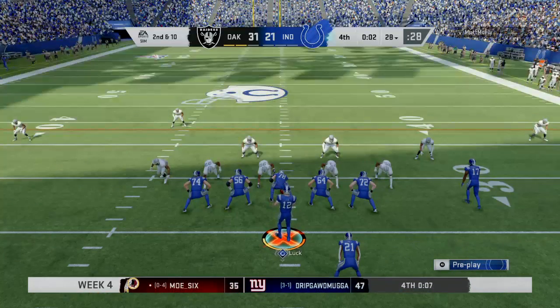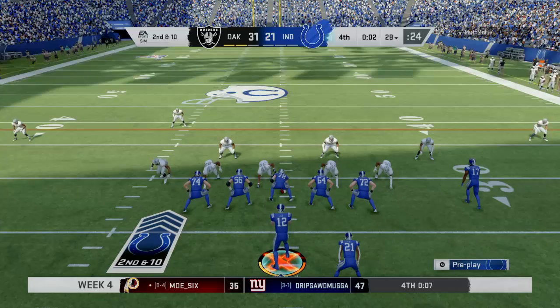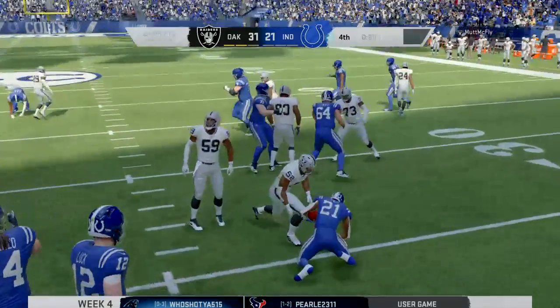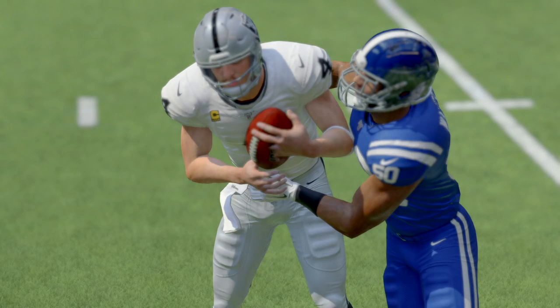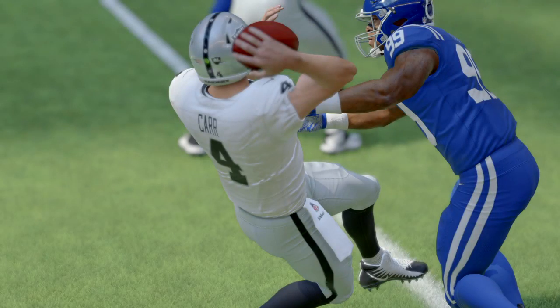So now they'll come up on 2nd and 10, once again from the 28. This is Hines. And that one blown up quickly as he's going to be stopped before he could even get started. Charles, we saw a lot of points go up in this one. Certainly defensively, stuff that they can look at on film, don't you think? No doubt about it. And they've got to go back and check where the errors are, how they're going to fix them, and continue to